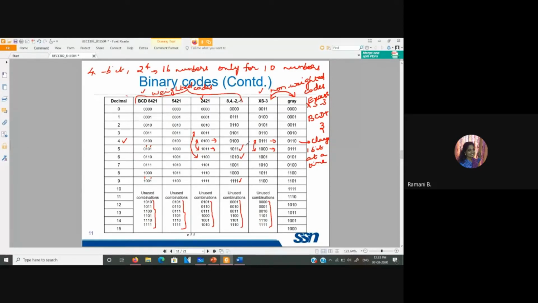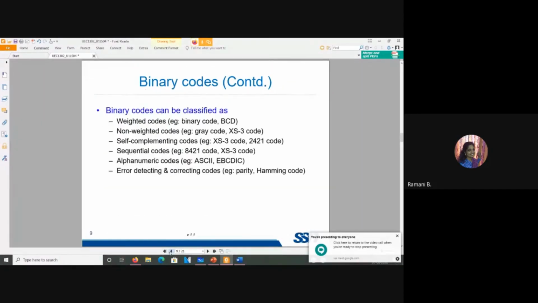So sequentially it is not coming up. So that is not a sequential code. But other codes, maybe the 5421 code, is also a sequential code. 2421 is also okay. The 84-2-1 code is not a sequential code. So we have seen that also.